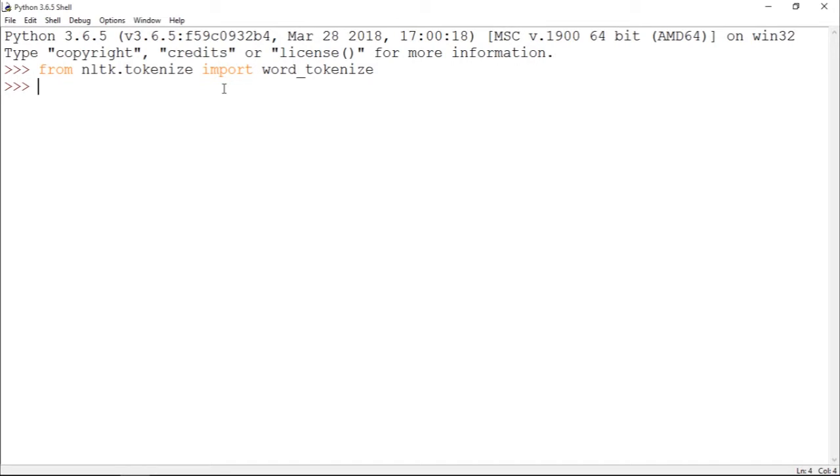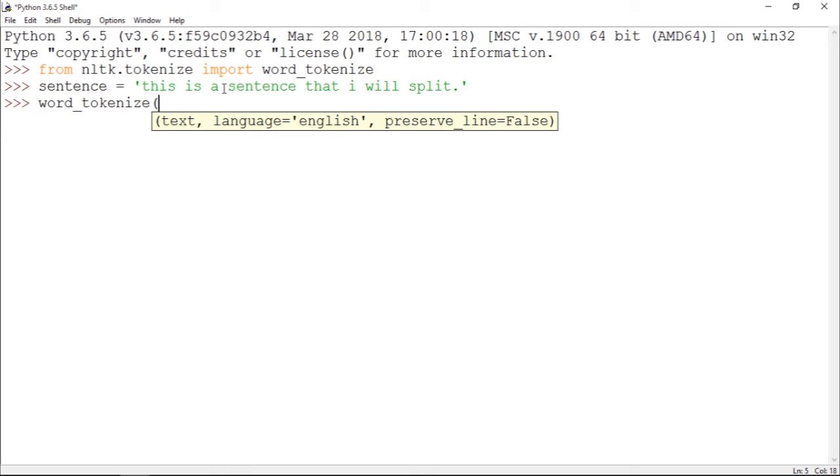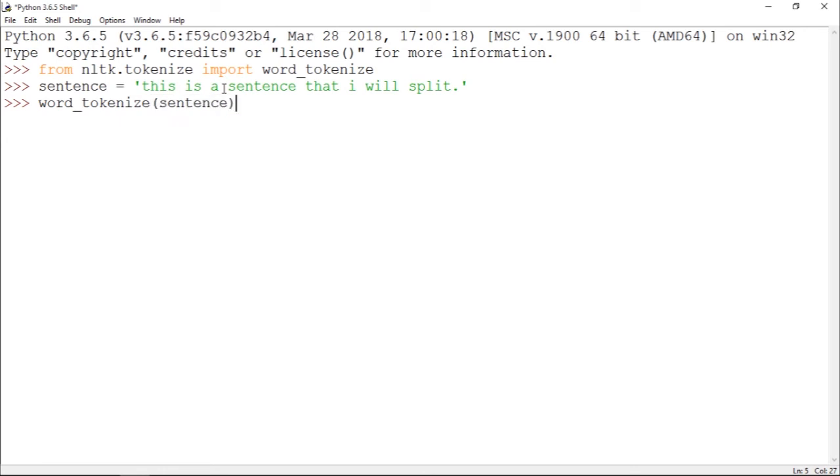So I'm going to start by creating a sentence. I'm going to call it, 'This is a sentence that I will split.' and close quotes, single quotes. And I'm going to press enter. I'm going to call word_tokenize, and we're going to pass this sentence object. Okay, I'm going to press enter, and as you can see, we have created a list with all